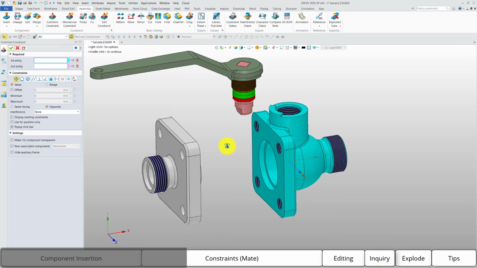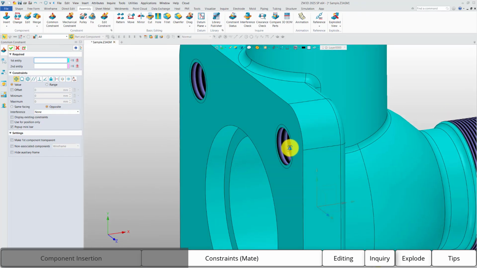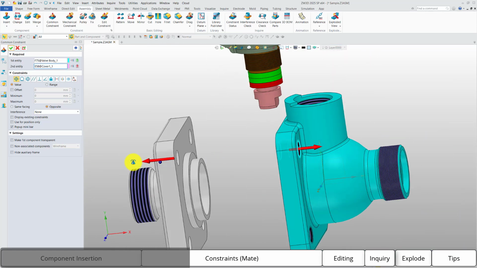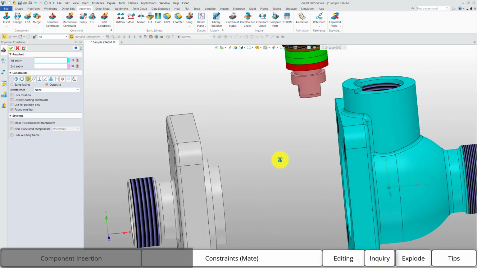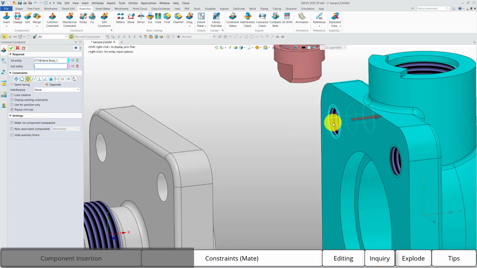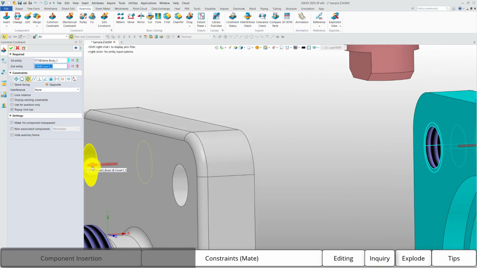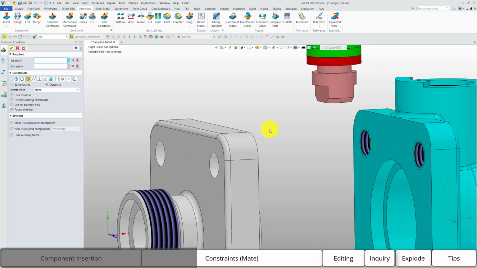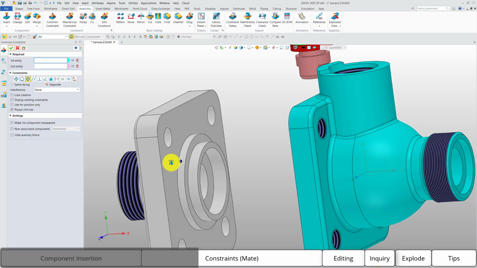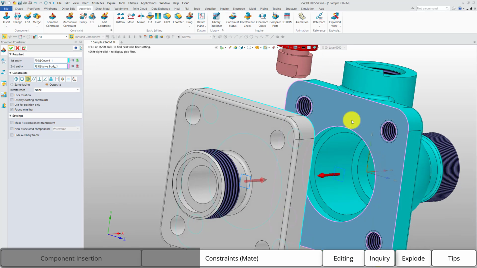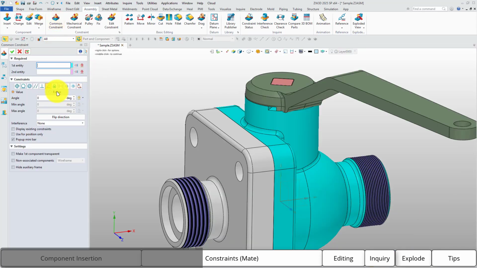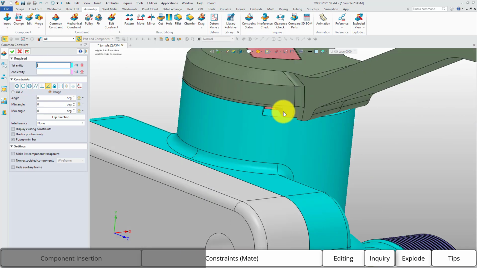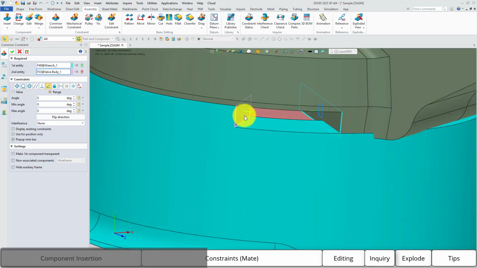So I will show you a little sample. Here we choose the cylindrical face of this hole, and we select this one for the second one, and okay, and we keep going. Then we will select this one, and here. The last one we will select this face and this place. Okay. For angle and distance constraints, you can set fixed values or ranges. For example, here,